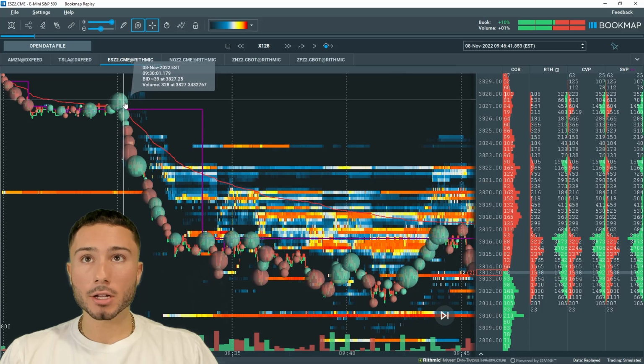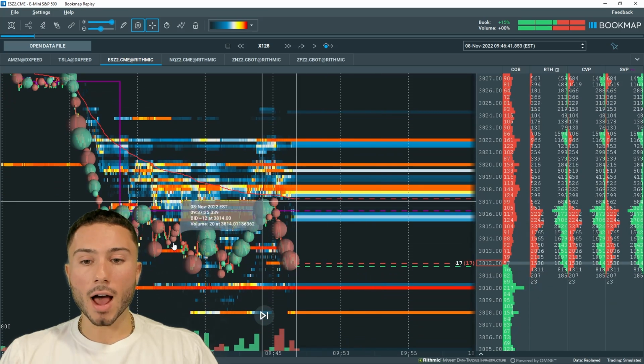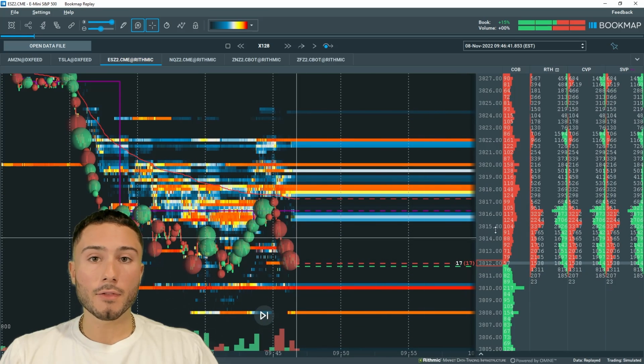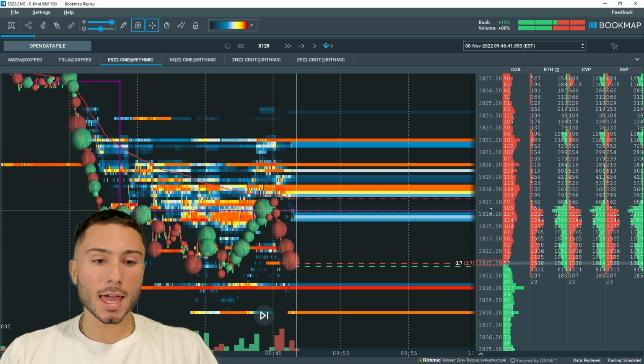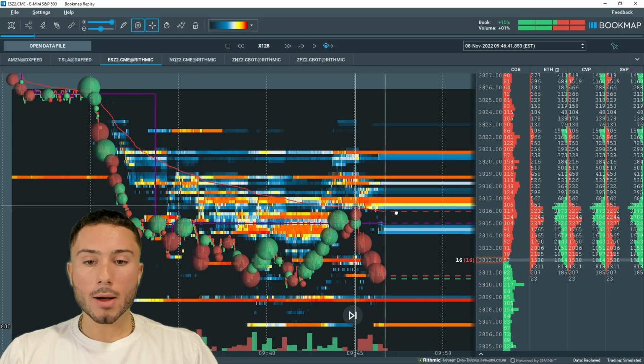But essentially the market sold off over here, formed a little bit of a high volume area around 3823, 3822 as we were selling off. And this is the consolidation range that was finding value, finding fair value around 3817, 3816, right at this demand zone. Now on top of this, we are